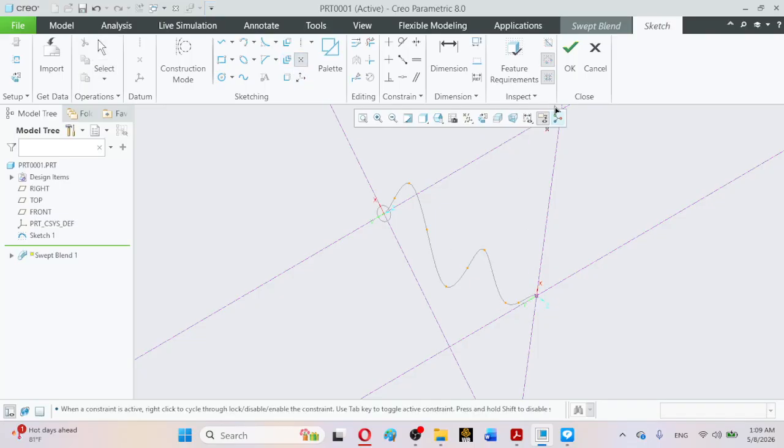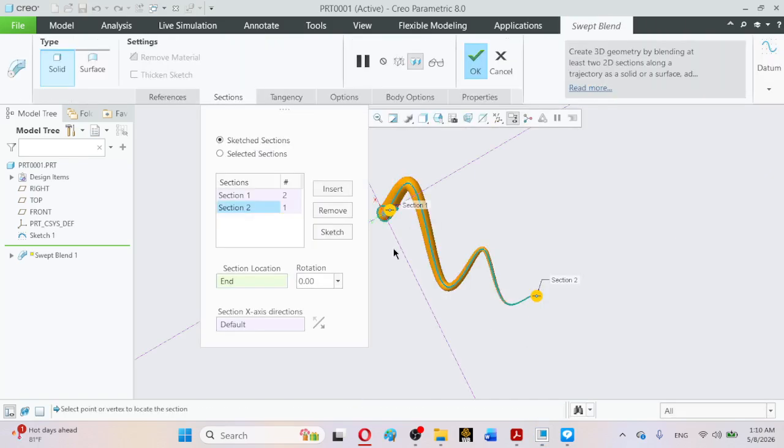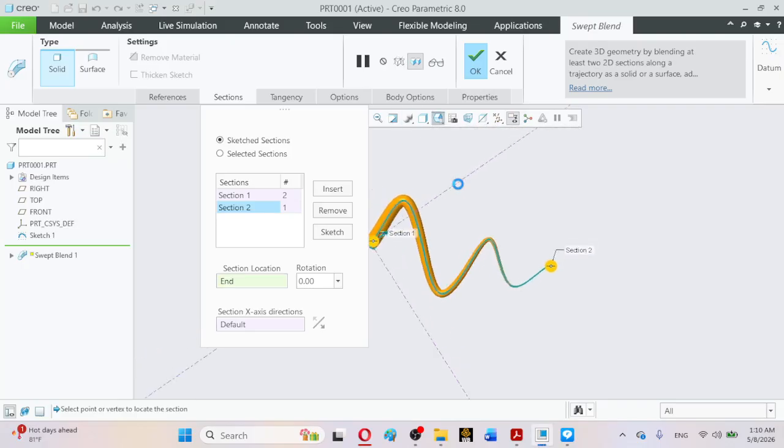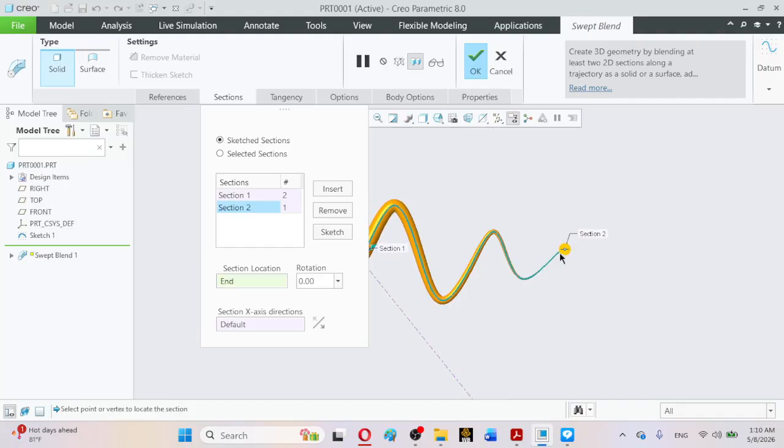Here you will be observing that this is not a geometric entity, this is the construction point, but now this command will be executed successfully, as you have observed here. So a sharp tip model has been created like this. An important thing you can observe here: in section 1 there are two segments, but in section 2 there is one segment. So that means